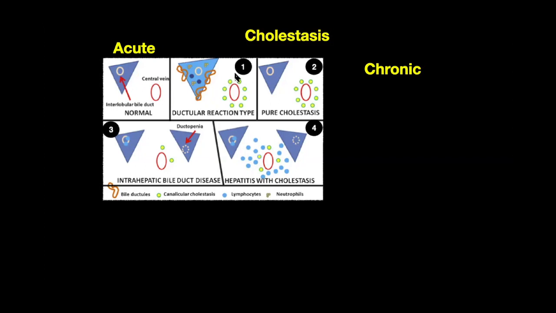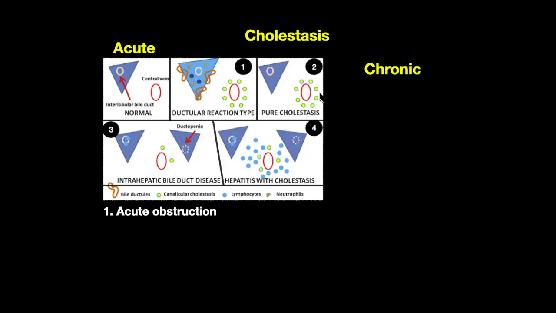There are 4 patterns, 1, 2, 3, 4 in acute cholestasis. In pattern 1, it is nothing but acute obstruction, and this is the portal triad. You see a lot of ductular proliferation. These are all the bile ductules, ductular proliferation with the edema and the neutrophils. The legends are there. You can see these are neutrophils. So there is edema, biliary ductular proliferation, and cholestasis. Here you can see the cholestasis here. So pattern 1 is ductular reaction type, which is commonly seen in acute obstruction.